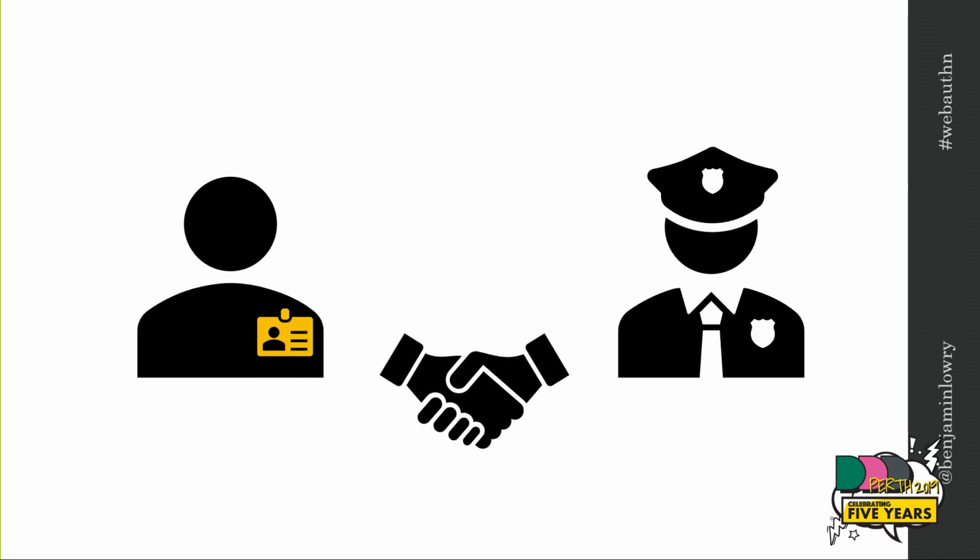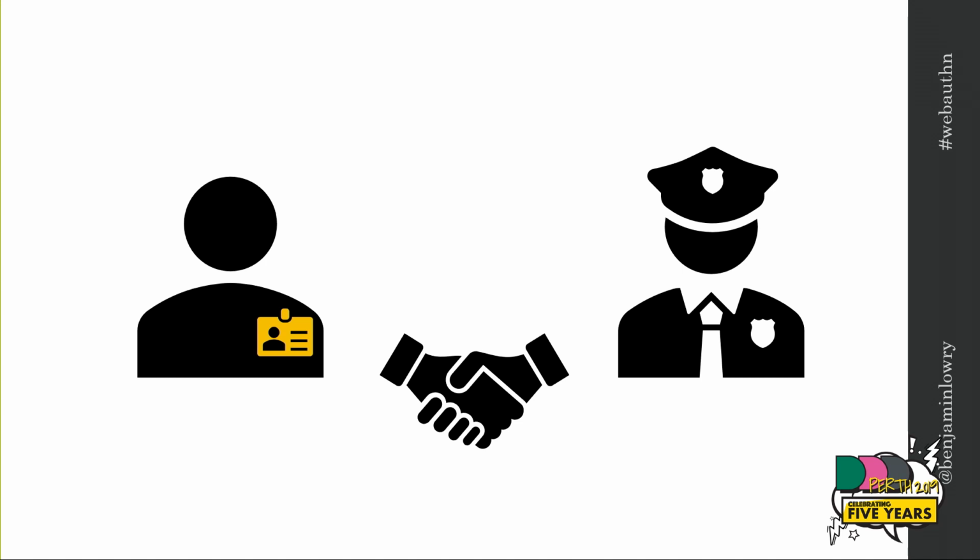And the way authentication works is we'll start off with a guy like Dave. Dave wants to get into a club, so he meets a bouncer. When he gets to the front of the line, the bouncer says, "Hold on a second, mate." Dave goes, "Here's my ID." The bouncer has a look at that, looks at a few things on it and says, "All right, you're good to go. I've verified who you are." That's not quite authorization. That's the authentication part of it.